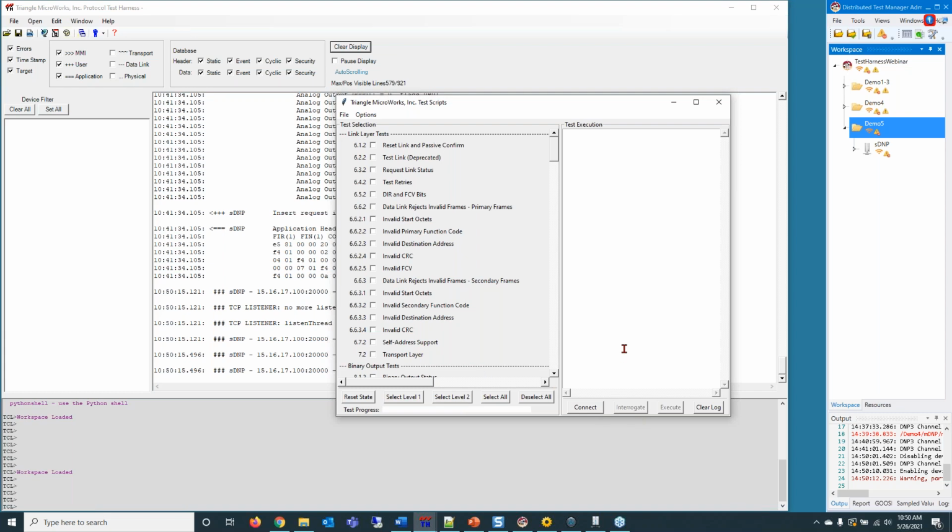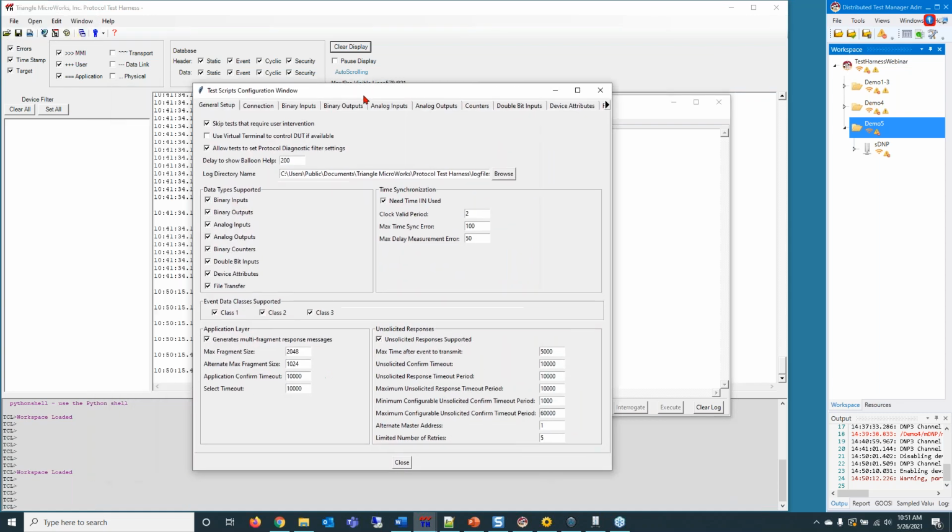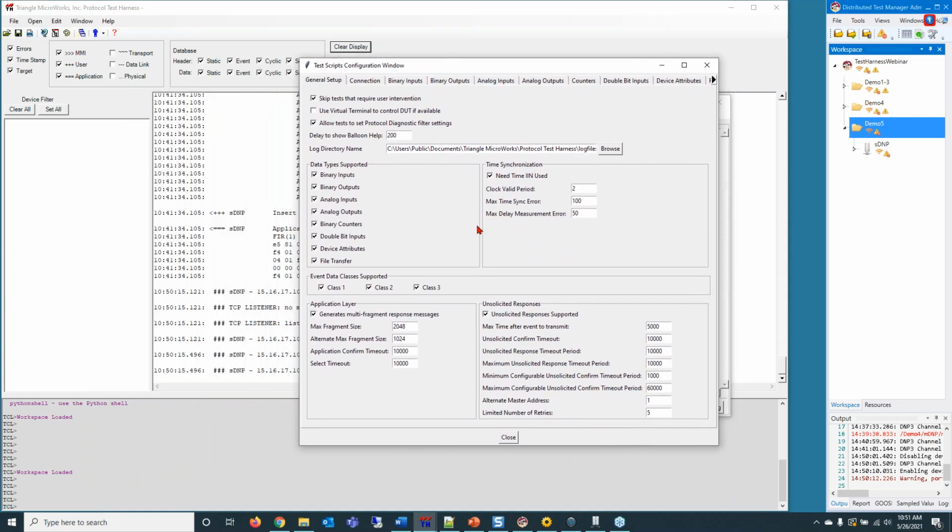But I mentioned earlier about how all this is customizable based on your XML device profile. And so the conformance test needs to be within Test Harness as well. So to do that, you go to File and do Edit Configuration. So if I do that, what it will do is it will bring up the configuration for the DNP3 conformance